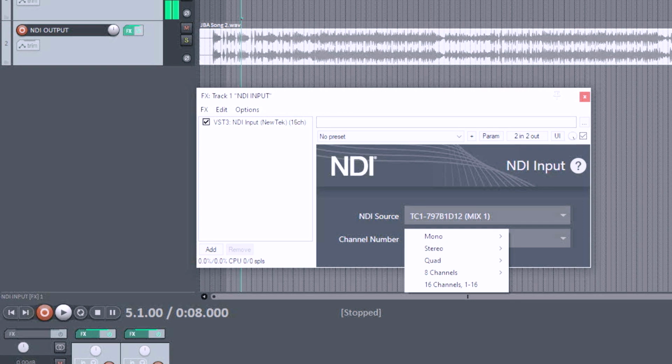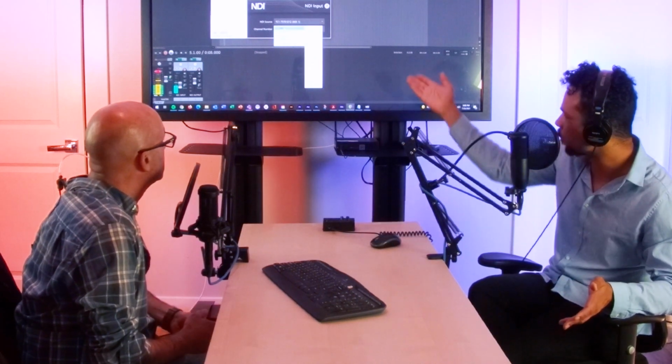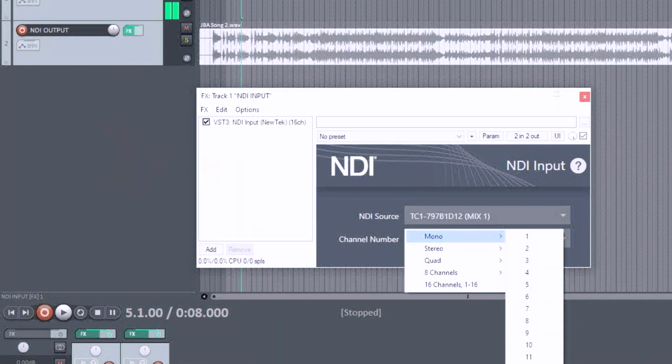So if you have a DAW that can display multiple channels like 5.1, 7.1, there are some DAWs that are made to have a single channel of 5.1 or 7.1 surround. This will allow you to configure them. Now, most people will probably only ever want to do mono channels 1 through 16 or stereo. But I'm curious, does NDI support multi-channel audio? Yes. Oh, then that's a whole other kettle of fish.